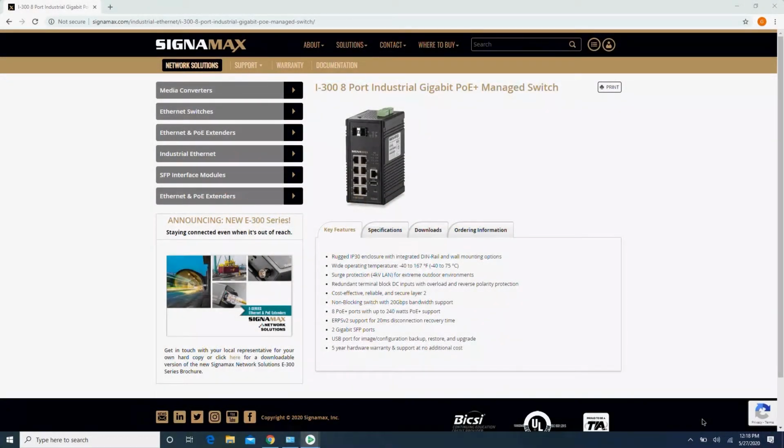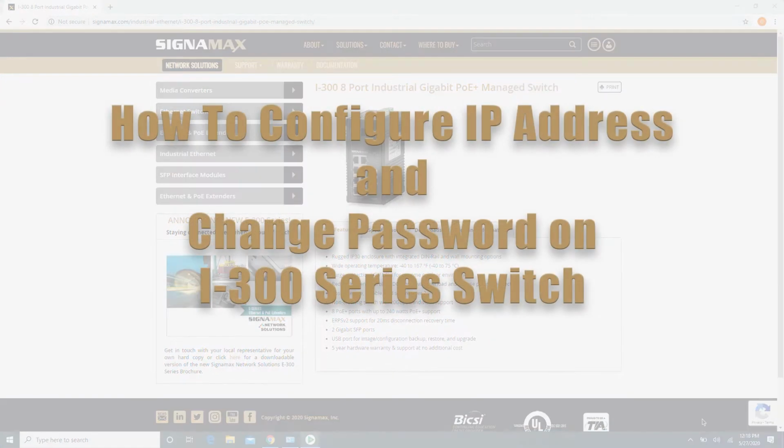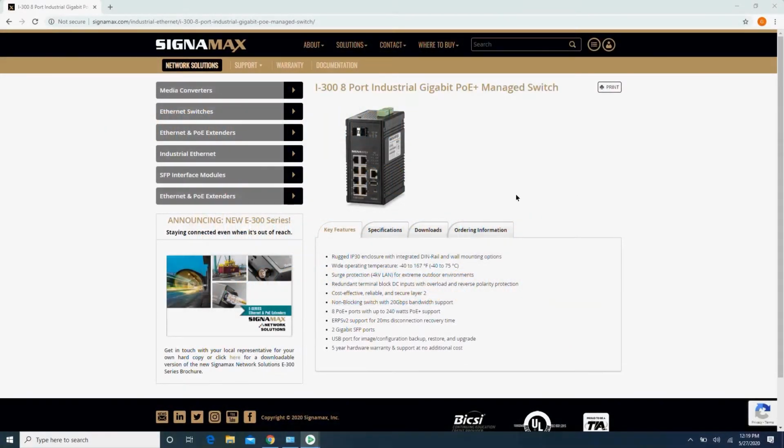In today's video, I'm going to show you how to configure an IP address and change the default password on an I-300 series switch. So first of all, the default IP address of the switch is